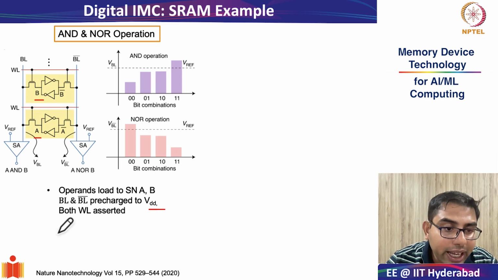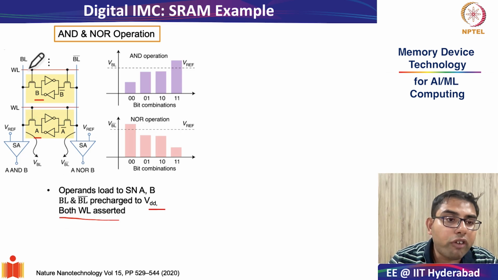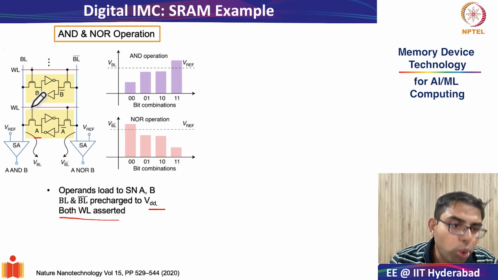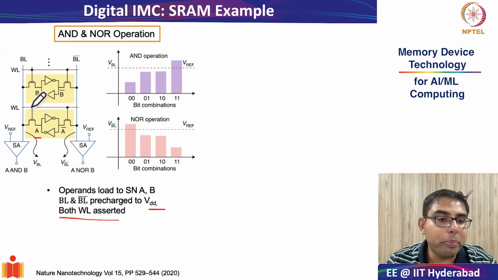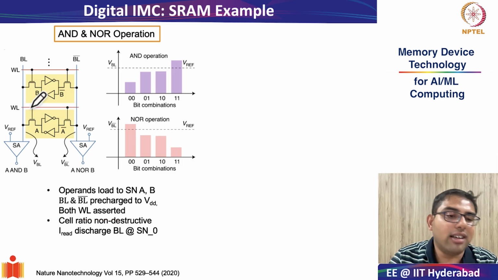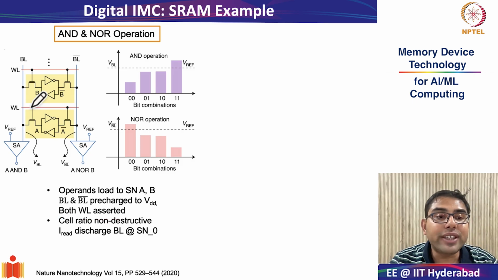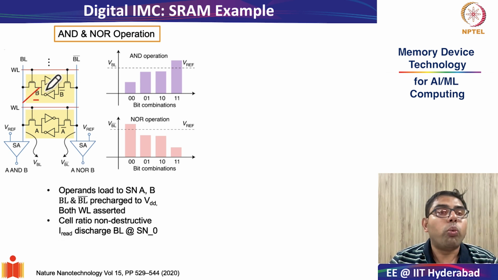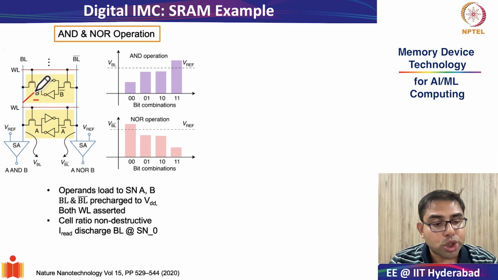This is followed by asserting the word line for both the storage node 1 and the storage node 2, or storage node A and storage node B. Now please try to recall the way we designed the cell ratio of the SRAM cell. It is such that the read current which discharges the bit line wherever the value 0 is stored, but it